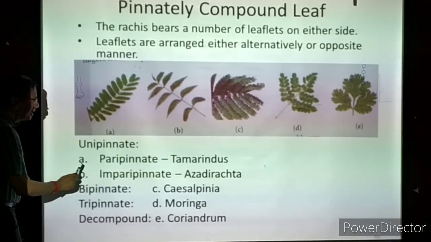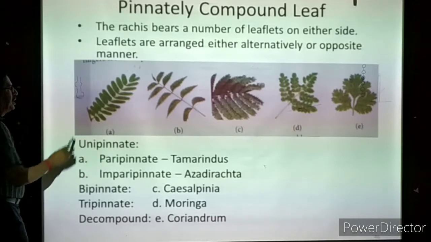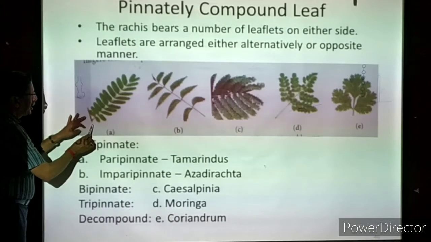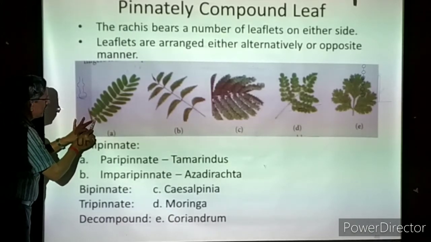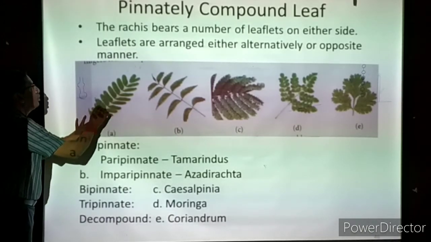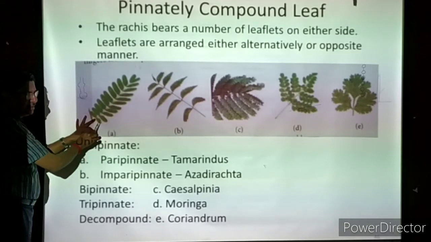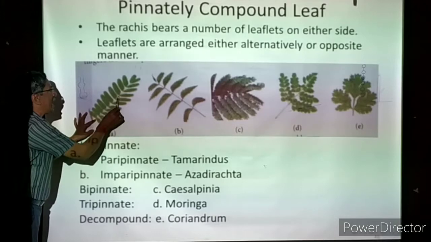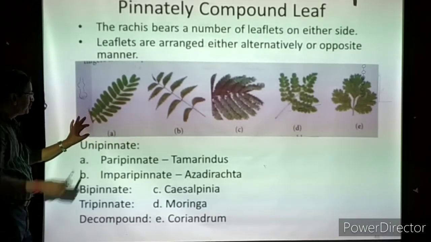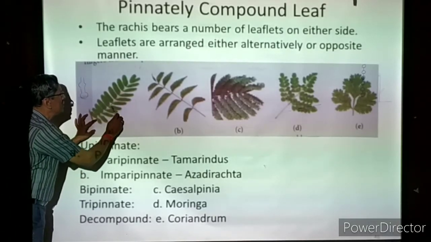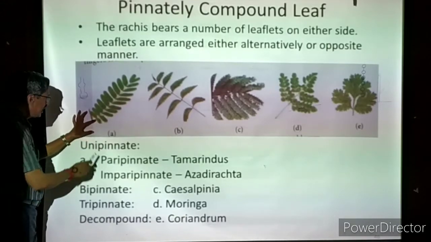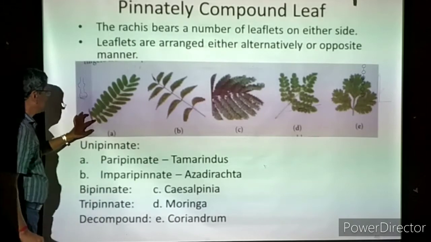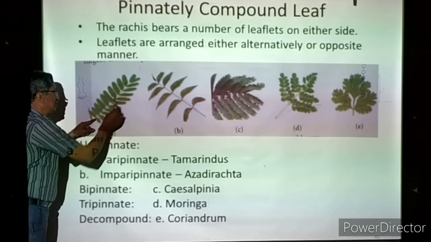Now, what is the meaning of uni? Single, pinnate. Now, this is the main stem. The main stem is bearing one petiole, a small petiole. Here one large lamina we are expecting for a simple leaf, but it is not there. After the petiole, one long central axis is present. That axis is called a rachis. Now, this is a central axis.